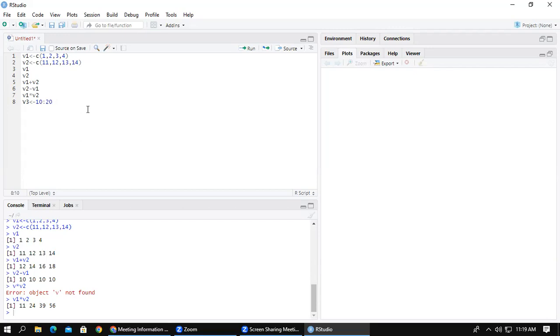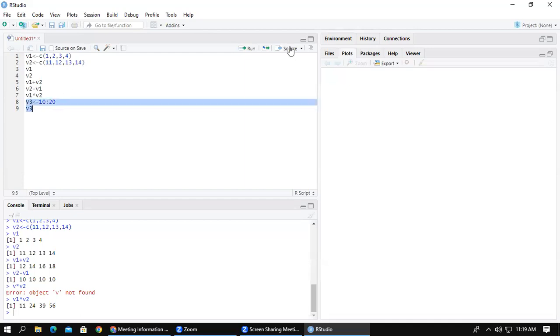So what is the benefit here? You just need to specify the starting value and the ending value of the vector. You don't need to specify each and every value one by one, like you have done by using the c function. So that is the benefit of this. You can print it just by writing v3. So when you are running it,